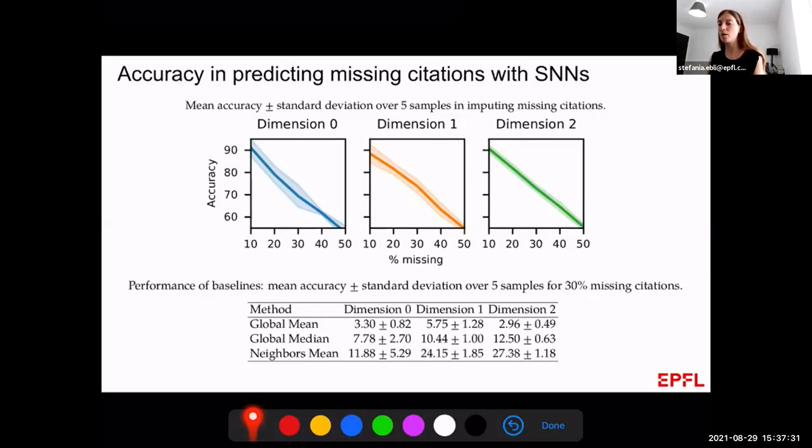Well, we also compared our method with some baselines. We only compare with some statistical baselines, like computing the mean among neighboring simplices, or using some other statistic. I won't go into the details of what is shown in this table, but what I want to stress is that we compared our neural network with some basic statistics, which are